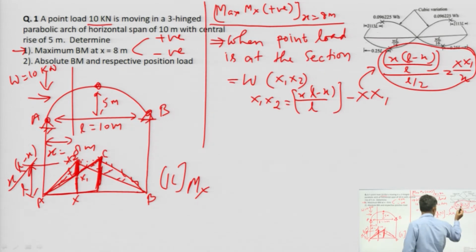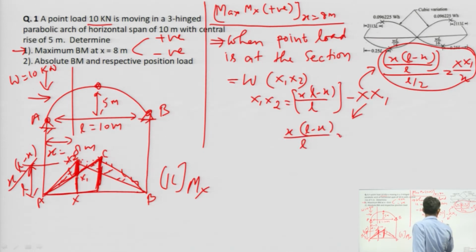So, what is the value of x1? x1 is x into L minus x divided by L, into L by 2, into x. That is the value of x1. So, put the values of x and L here. We will get x into L minus x by L. x is 8, L minus x